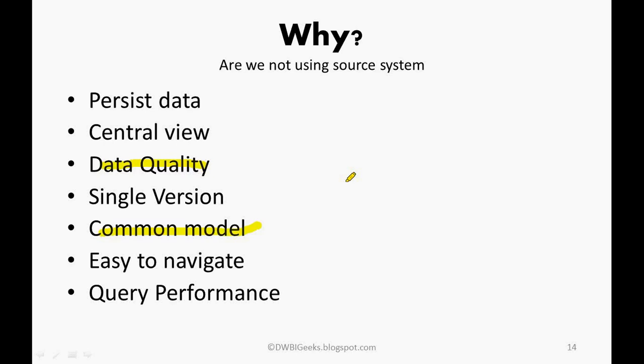If we want to query around 1 lakh records from a source system, we need to combine data from various source systems, and each and every system has a lot of complex joins internally. In order to club both these systems and extract data, it will be a very tedious job for us. But in a data warehouse, all the data will be gathered and placed in a single place,